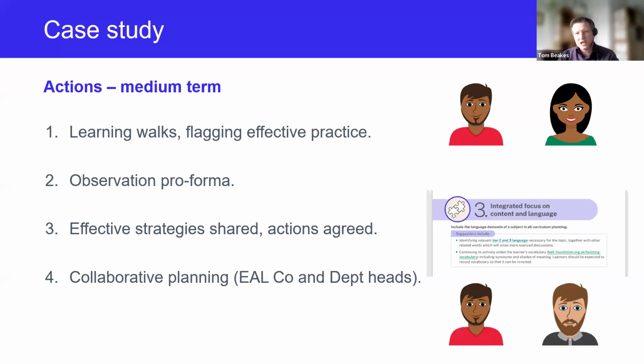So I guess these examples from the secondary school are more of a holistic approach to CPD, rather than an INSET model. But the idea was just to flag up some alternative approaches. Again, it's really not meant to be, this is what you should do. There's no such thing as best practice, would be my advice when it comes to CPD. There's only effective practice: what works in your school, in your context, with your students, taking into account the constraints and the opportunities that you have in your school.